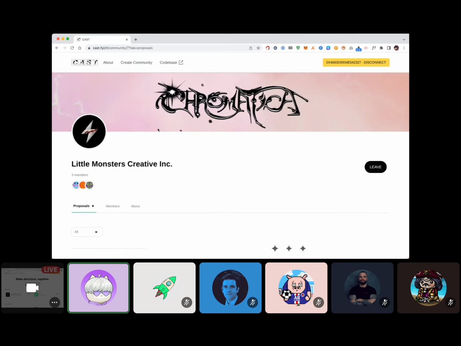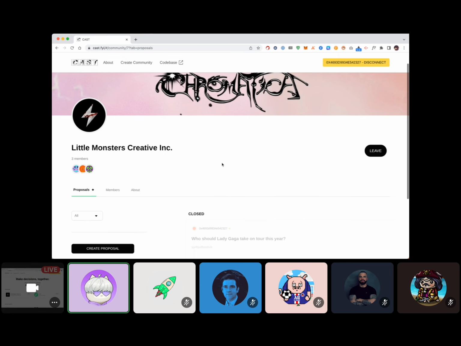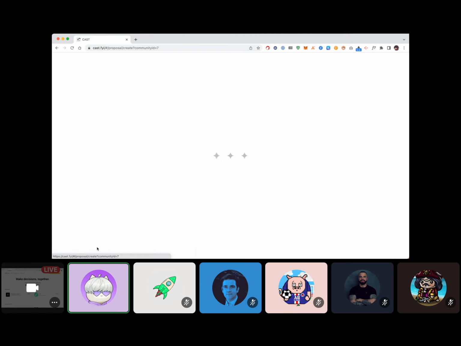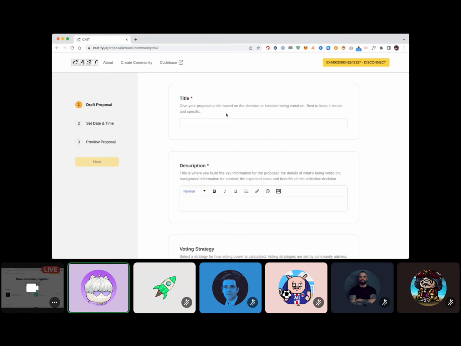One thing I'll just go ahead and show off here too, that is another kind of pillar of what we're aiming for, is, again, really fun and engaging community-based decision-making. As an example, we were playing around with this idea of a Little Monsters Creative Inc. Little Monsters, for folks who aren't aware, is the fan base of Lady Gaga. So I'll walk through really quickly creating a proposal on Cast so that folks have a look at that. And then I think we'll open it up to Q&A, show off other things, and talk through